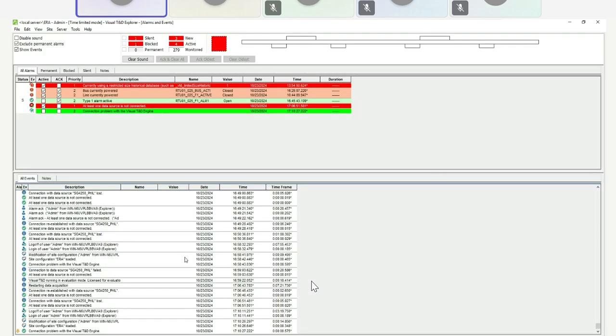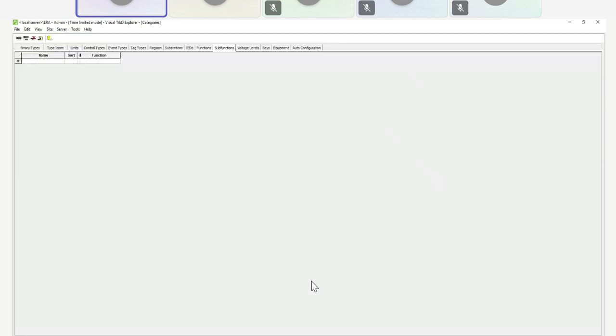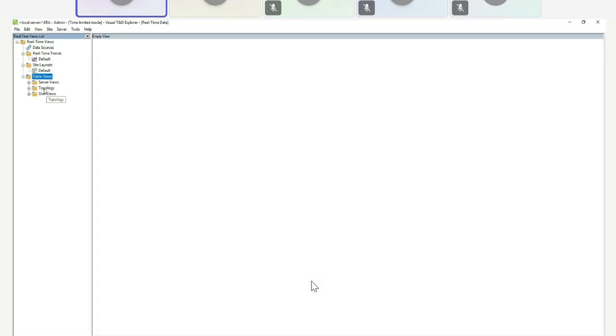So I've created some region, substation, IEDs, for example. The concept is the same for the functions, subfunctions, voltage level, bay equipment, and auto configuration. So if I go back to my real-time data, there's a folder here automatically generated by the software named topology under the table views.